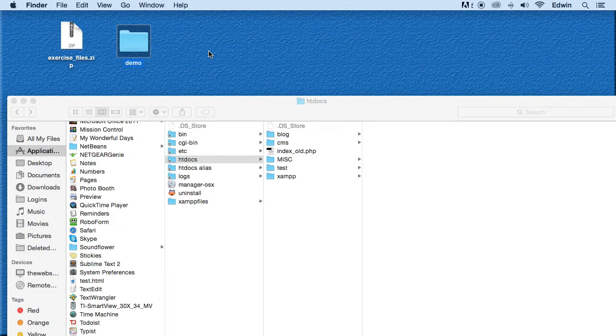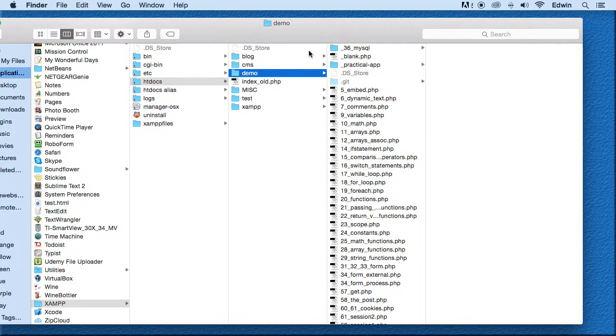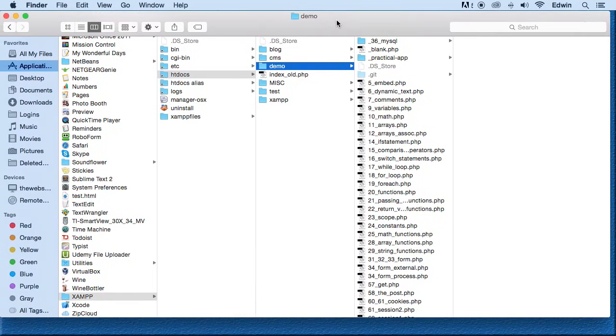So what you're going to do, if you want to use your exercise files, is drag that folder into that htdocs, and then you can use it there. All right, now later on, just because this lecture that you're watching right now was made after I made a lot of files or a lot of exercises, a lot of lectures,